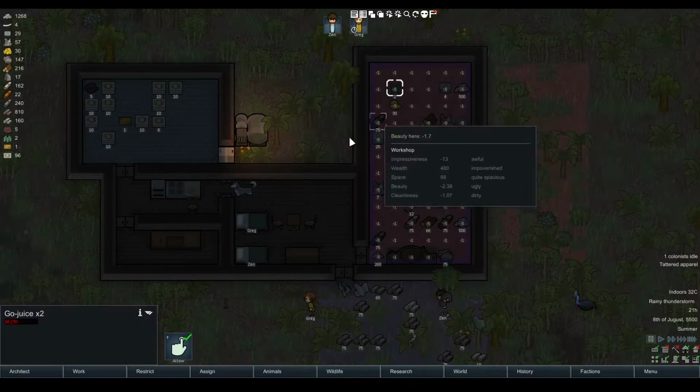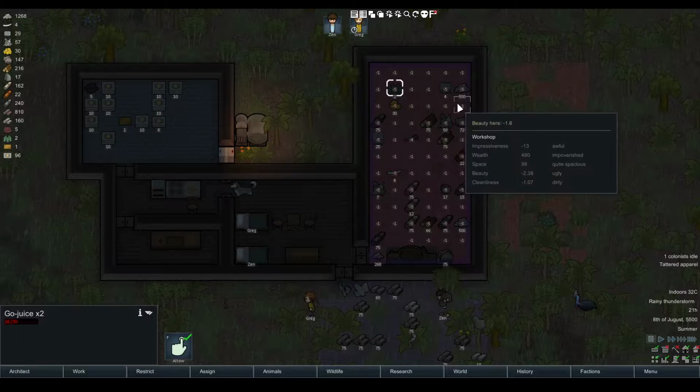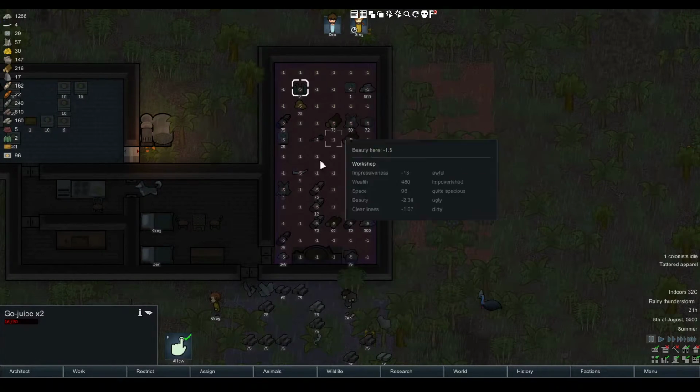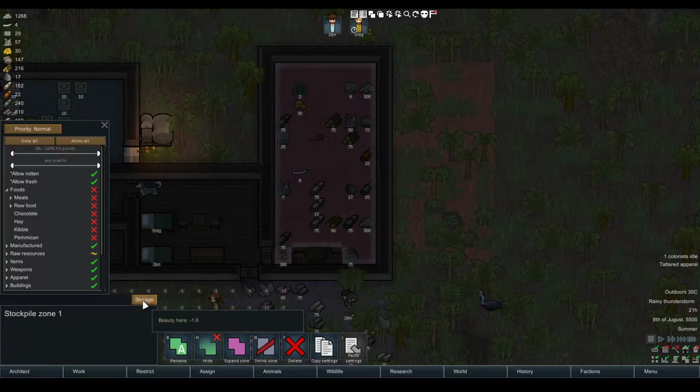Otherwise they start losing durability, like these jeans for example, which has 16 out of 50. If it hits zero, it's lost completely and doesn't remain. So you need to put a roof for your storage room. There is a zone, of course. When you click on the zone, you see storage here. Storage you can